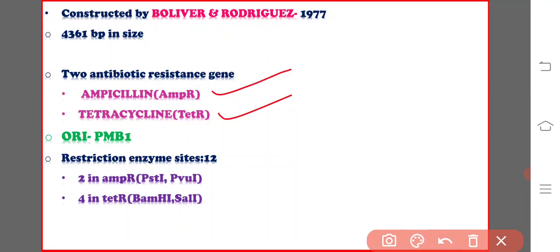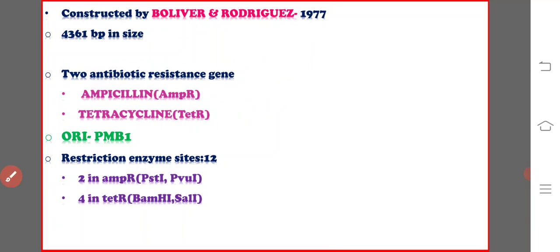So, what is a resistance gene? Otherwise called genetic markers. For example, the tetracycline resistance gene can be used as a cloning site, and insertion of a foreign segment of DNA will inactivate the Tet gene. The recombinant plasmid will allow the cells to grow only in the presence of ampicillin but will not protect them against tetracycline. Like that we identify the transformants.